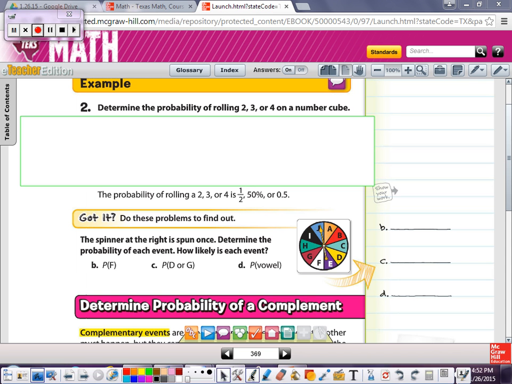Example number 2 builds a little bit upon example number 1. So again, we're working with a number cube with 6 sides, 1 through 6. So we need to determine the probability of rolling 2, 3, or 4 on a number cube. Now this word "or" takes this to a whole new level. So now we're not looking for one number. We're actually looking for the probability of 2, 3, or 4, which means we need to land a 2, a 3, or a 4. So again, it's what we want